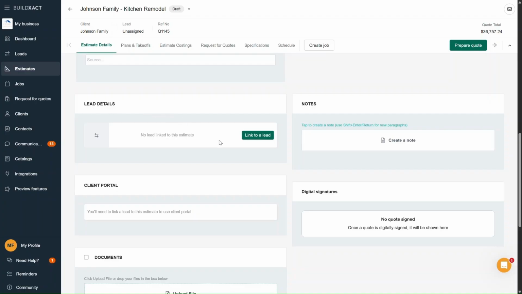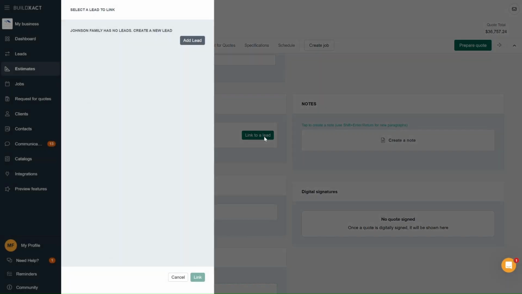This section shows which lead the estimate is tied to. Since this one isn't linked to one, I see an option to Link to Lead. And linking an estimate to a lead is that key that unlocks access to the client portal. When I click Link to Lead, BuildExact will automatically search through my list of leads to see if there's anything connected to this client's name. From there, I can either link it to an existing lead or choose Add a Lead to create a new